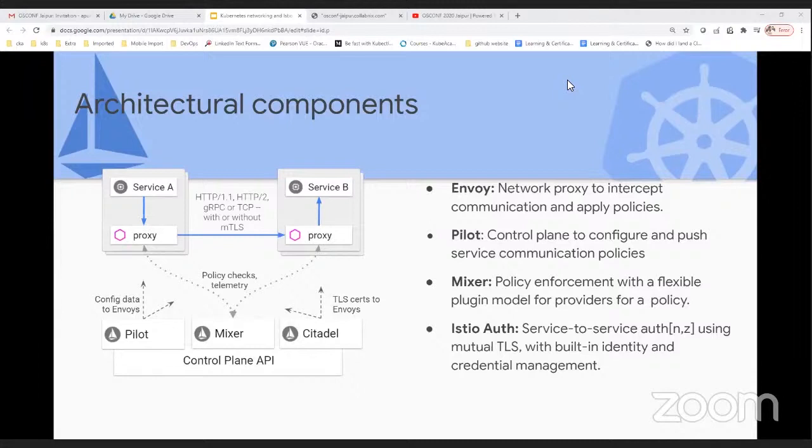If I talk about Citadel, if I want to encrypt the traffic, with mTLS or without mTLS, whether it is HTTP, HTTPS, gRPC, or TCP, that will be taken care of by Citadel. Citadel will make sure that application identity is propagated as a bearer token, and all the encryption of the application traffic will be taken care of by Citadel itself.